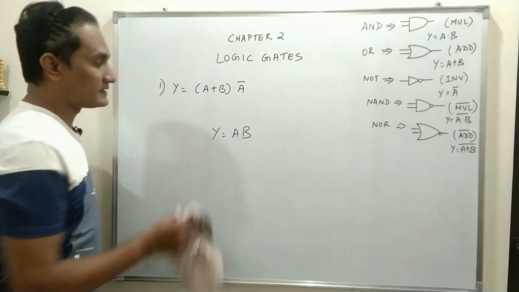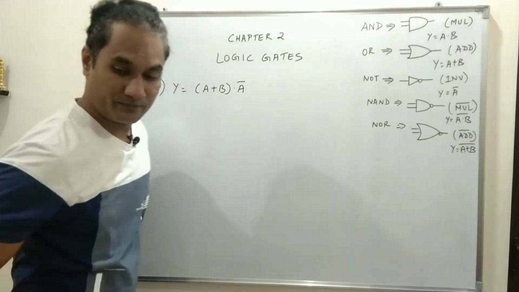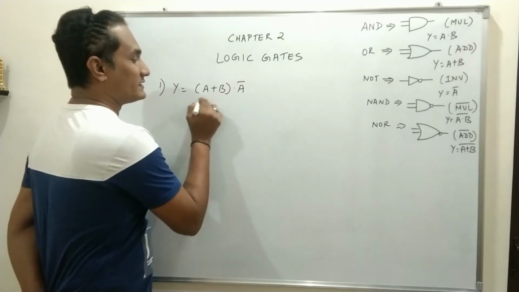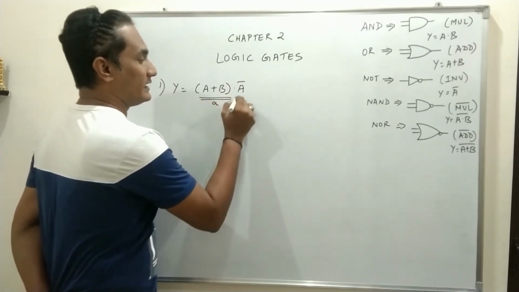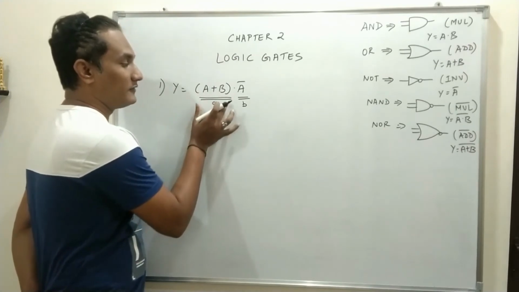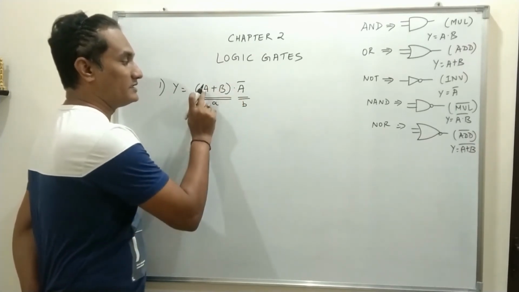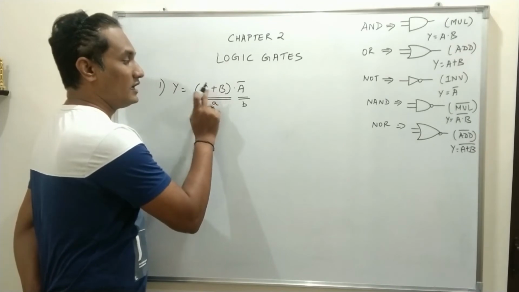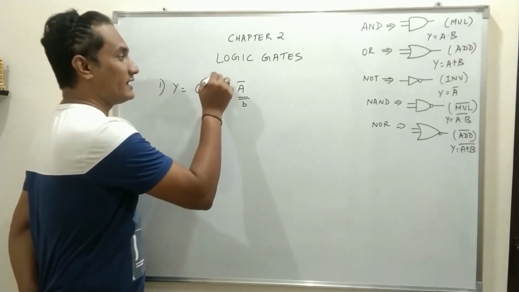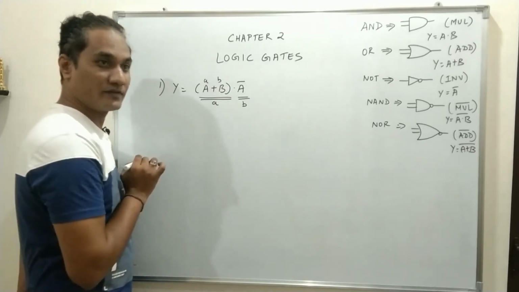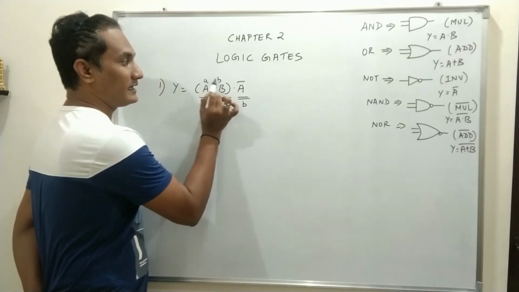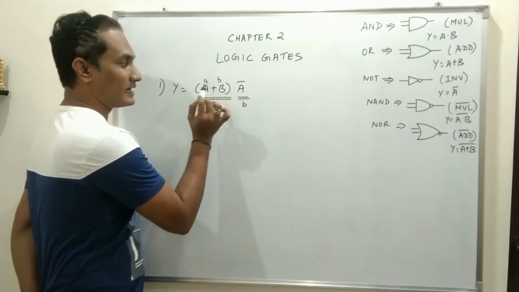So when you design a circuit, see how it has to be designed. See, this has to be considered as two variables, A and this is B. First you solve the variable with a bracket. That means we have to solve A and B. Now when you solve A and B in the bracket, again you have two variables. So this is A and this is B. So now you have to understand how A and B are connected.